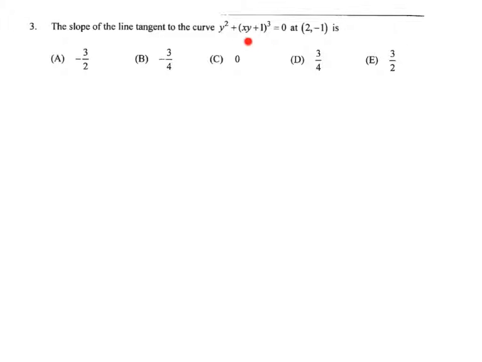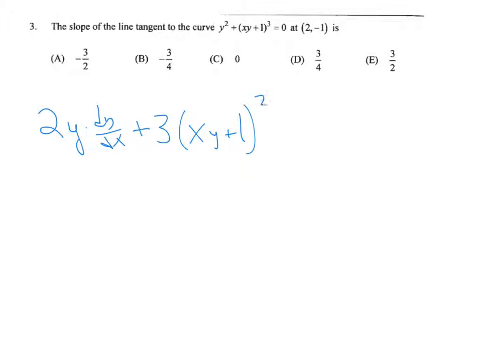Alright, to do this problem you need to differentiate this equation explicitly. So we'll take the derivative with respect to x of both sides of the equation, and we'll get 2y times dy/dx, plus, and then this is going to be 3 times (xy + 1) squared, but then times the derivative of